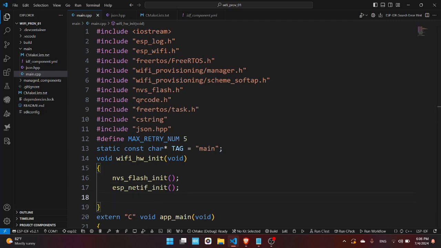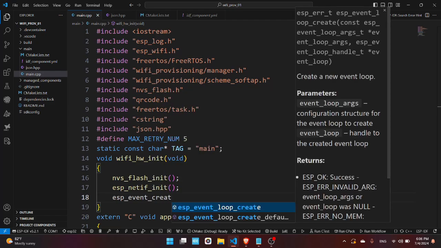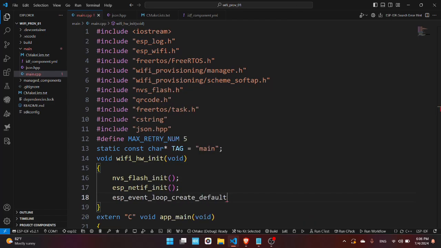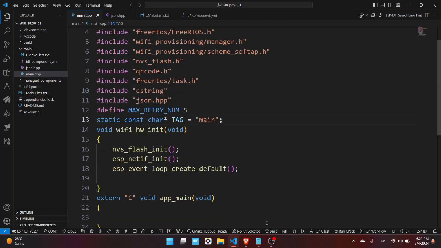We will need to create the default event loop, which will be constantly checking for events, for Wi-Fi events. Now we need to register an event handler for the Wi-Fi connection. So we'll have two instances, one for any ID related to Wi-Fi event and one for IP, such as IP assigning. So write this ESP event